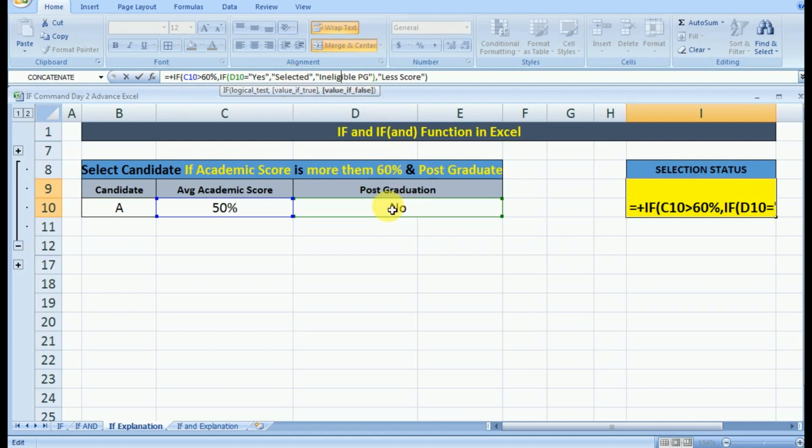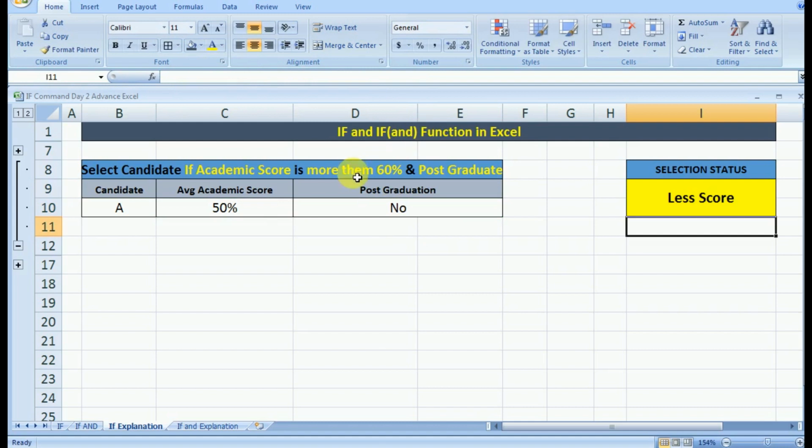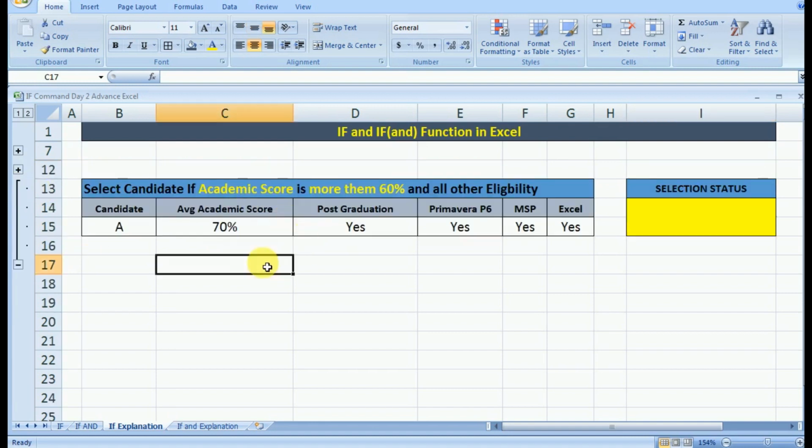The more you practice the if command, the easier it will become, and only these small commands have the capacity to develop very huge and very effective programs in Excel, which we will develop at a later stage using these simple commands. Now let us understand one more thing. Suppose there are a large number of conditions, more than 2 logics, maybe 3 logics, 4 logics. In our condition we have 5 logics.